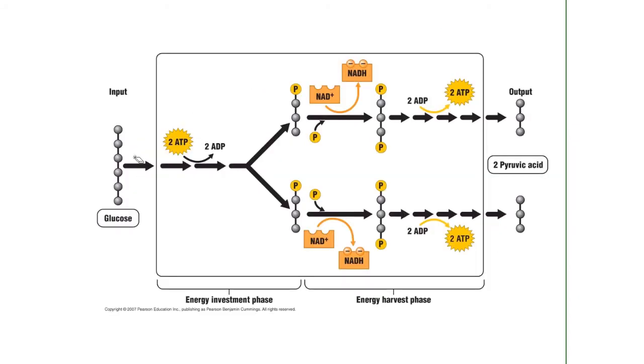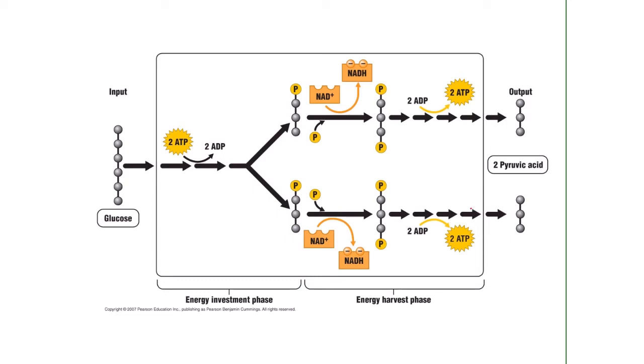So here you can see we start with the 6-carbon glucose. You will first be investing 2 ATP. This is the investment phase, the first 5 steps, and by investing 2 ATP, you energize the glucose molecule. You make it a little bit unstable, so it's more likely to react in the next 5 steps, and then the glucose will be split midway. Each of these molecules will undergo a series of chemical reactions, and along the way they will be releasing high energy electrons, and you can see they're captured by the NAD+ here, as well as an NAD+ here, and then later on it will be